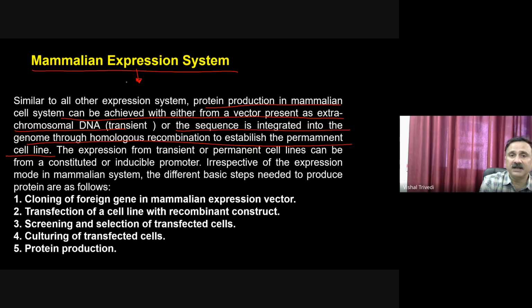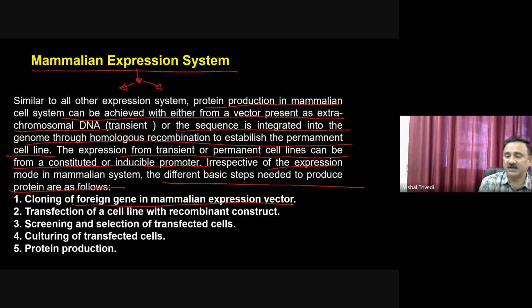So the mammalian expression system could be transient expression or permanent expression. The expression from the transient or the permanent cell line can be from a constitutive or an inducible system. Most of the time, the mammalian expression system is constitutive rather than using inducible promoters. Irrespective of the expression, the different steps required to produce the protein are the cloning of the foreign